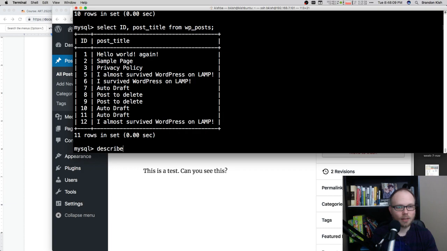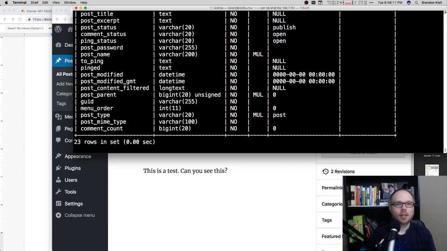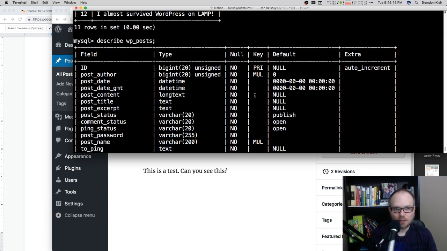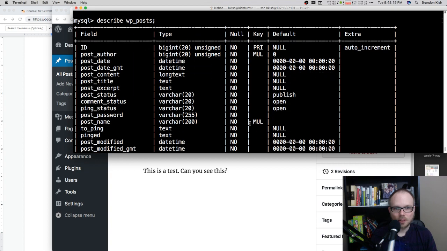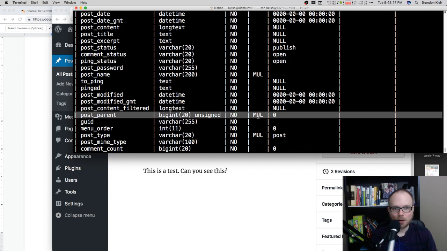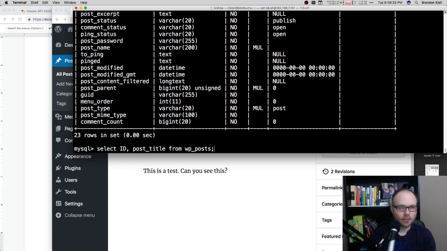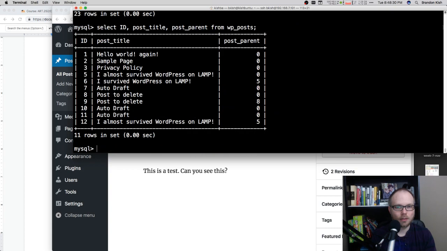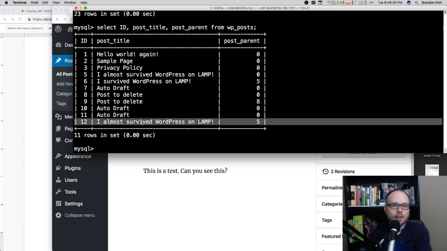So if I actually describe WP posts, if I look down this key field, there is this post parent field that's considered a foreign key, but it's a foreign key back to the same table. So if I take that query and extend it to also grab the post parent, you'll see that the newest version here has a post parent of 5.